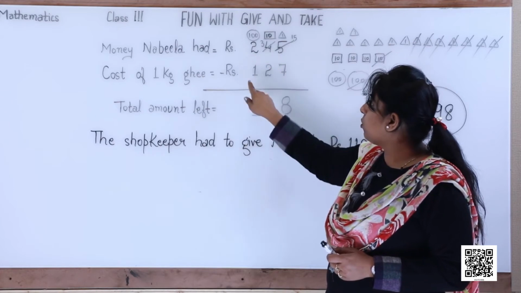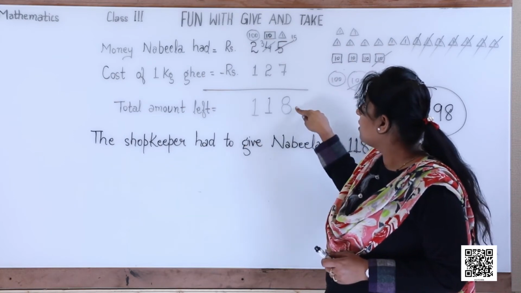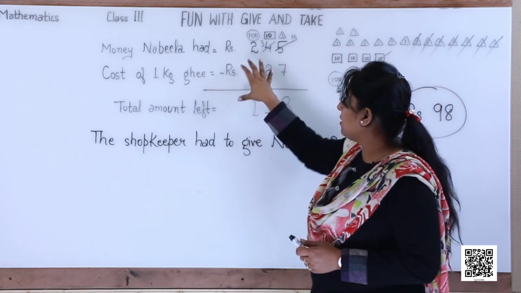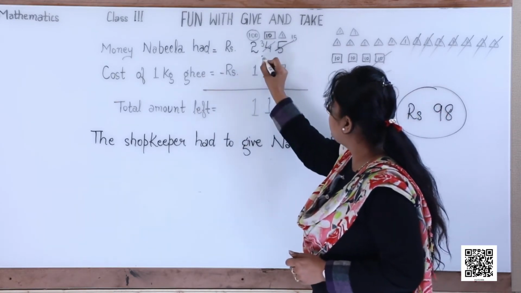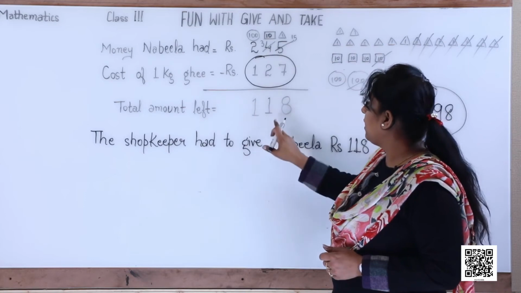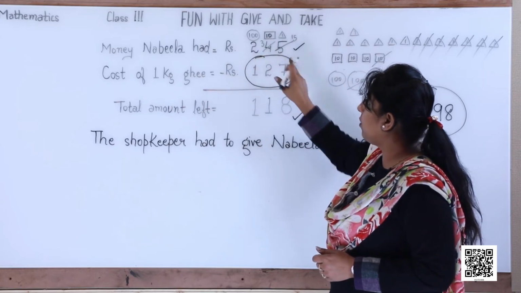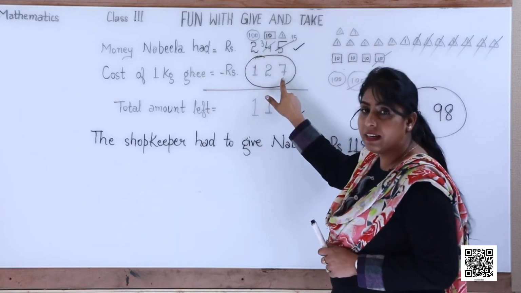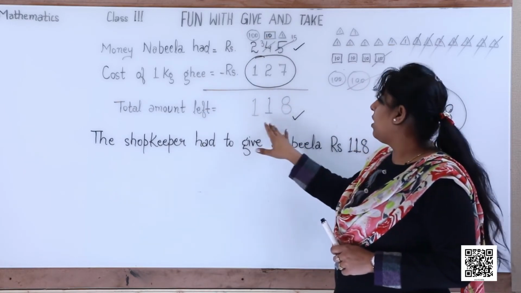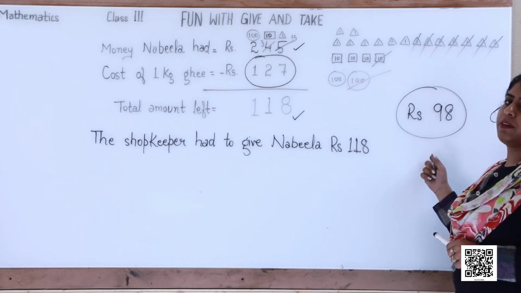Means this is the total of this and this. If we subtract this, we get this, and if we subtract this, we can get this back, right? So for that, this means that this number, let me mark it. If you get this number after subtracting this one from the original number, that is 245, and you get rupees 127 again after subtracting 118, this means your answer is correct. And if not, then we'll think whether the shopkeeper is correct or not.